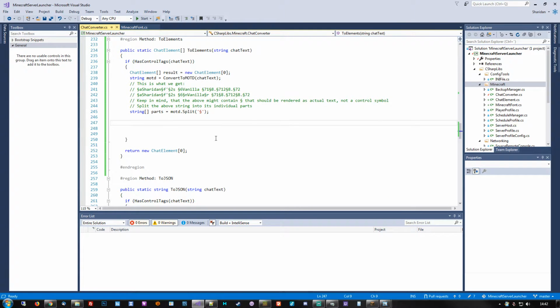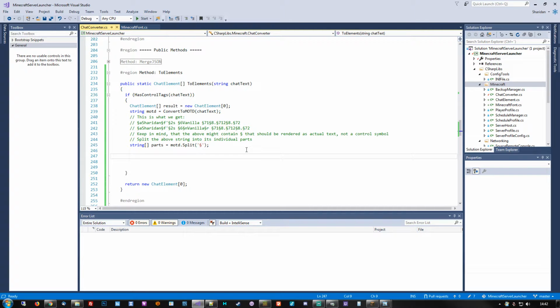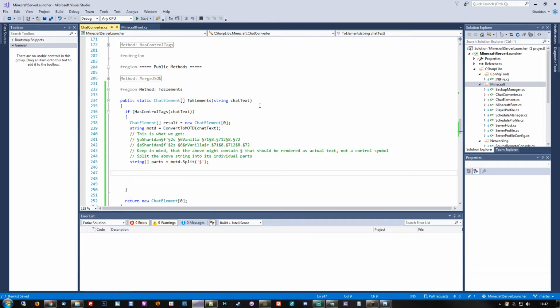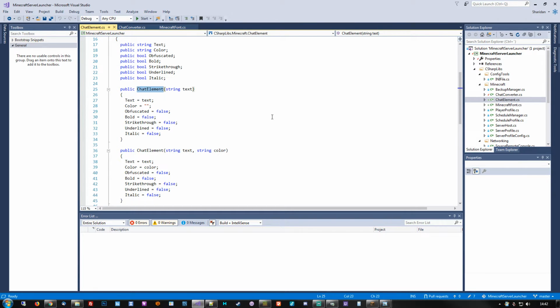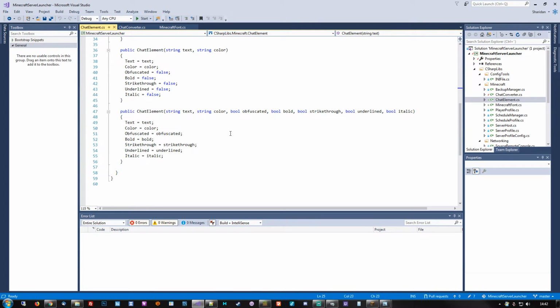All right, so here for now, we don't really need to do a whole lot of different things as such, though I do want to grab the chat element structure quick and add in one more constructor. The reason I want to add this particular constructor is because I would like to be able to set up a singular variable of the chat element type where I can manipulate the properties and then basically use its text setting to determine when it needs to be added to our result array, and then simply just pass the